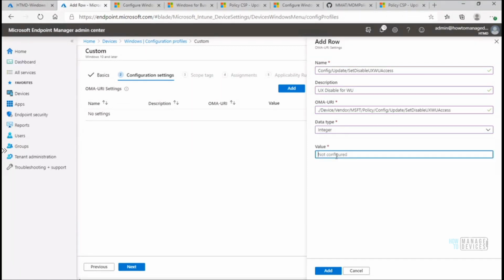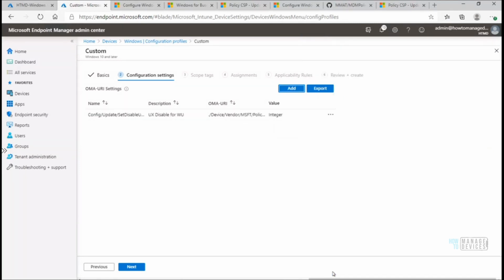And what is our value? The default is 0, and 0 is enabled. Now I need to put 1 over here, so I can disable the UX for Windows Update. Just after filling this out, click on add. I clicked on add. Now if I want to disable